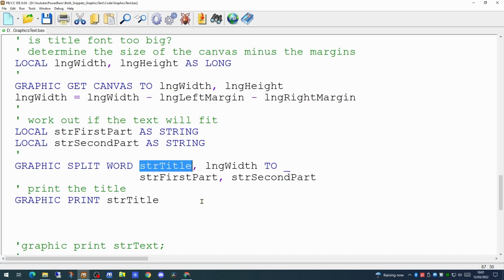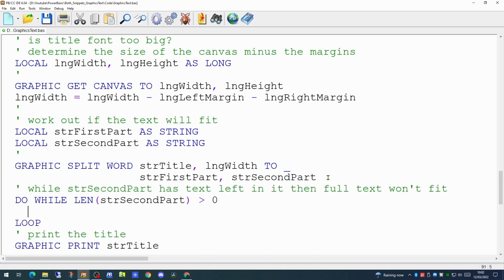The graphics split word command takes two key variables, the title which we want to actually print on the graphics window, and the width which we have just calculated, and it will send information to these two new variables, first part and second part. If the second part variable has data in it, it means this is the overflow, the text that will not fit on a single line.